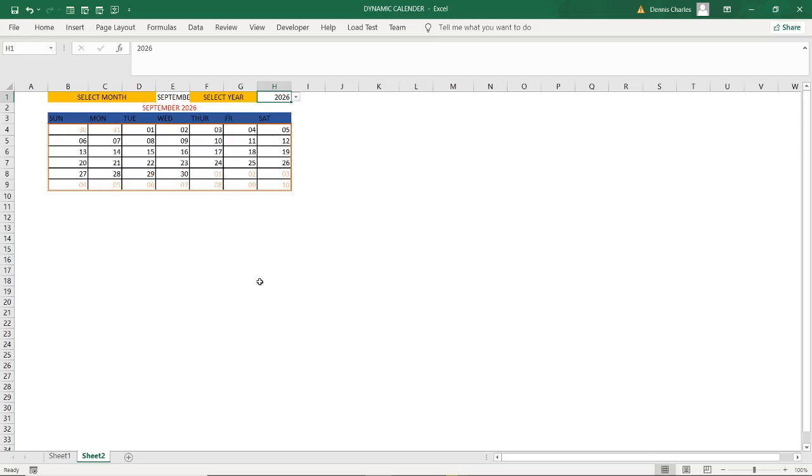So that is a simple way of creating a calendar for your institution or your company. You can include even the dates of activities here. If this is a day that you wanted to have a certain activity, you label it there. So it's very simple to create such calendars.